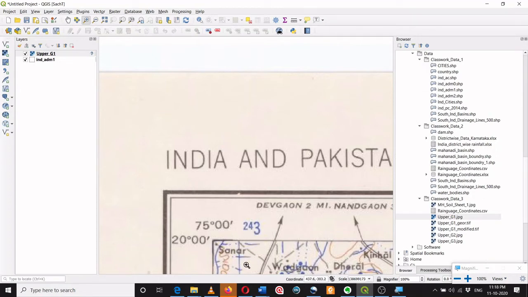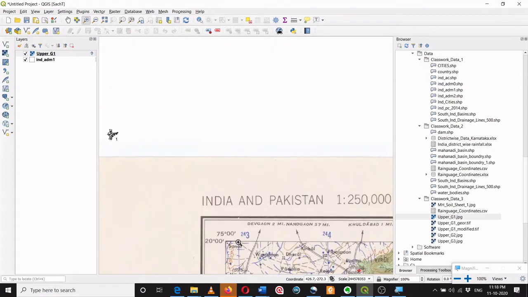So as we are moving towards north, here in this case the latitude is 20, longitude is 75. At the bottom, which we saw earlier, latitude was 19 and longitude is the same, 75. So we have these 2 points.